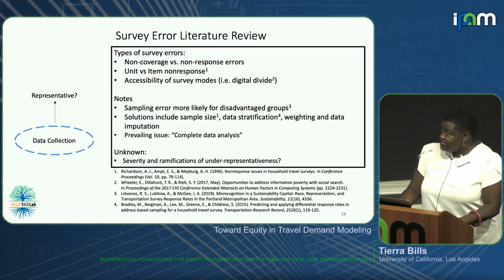So the other thing that we're finding is that there's a potential for there to be a mismatch between the way that we're retrieving the data. So the survey modes that we're using, and I'm pointing to issues related to the digital divide, where we're seeing an increase in the types of surveys where we're doing online surveys and things like that, but that can be a mismatch